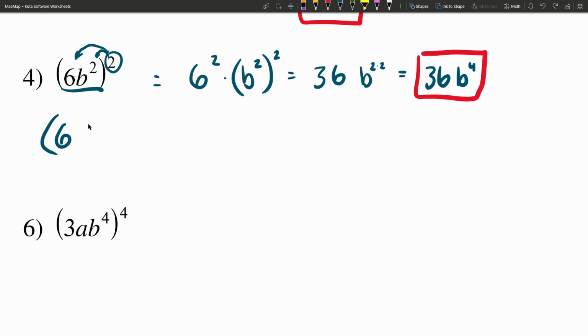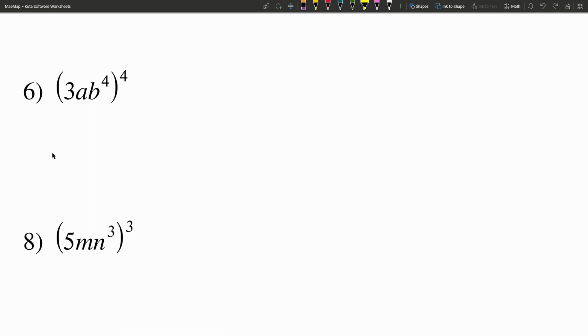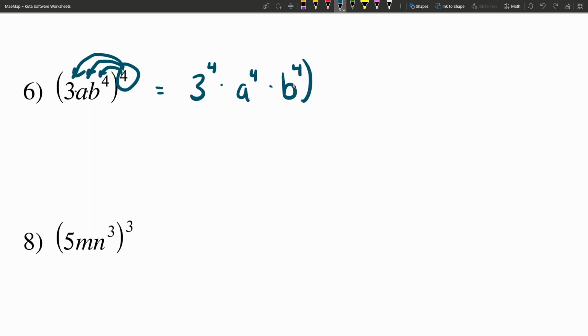Let's move on to number 6. Number 6, we're throwing another variable into the mix. So now we're going to need to distribute this 4 to the 3, which is the coefficient, to the a, which is multiplied by 3, and to the b to the 4th, which is multiplied by a. So we're going to have 3 to the 4th times a to the 4th times b to the 4th raised